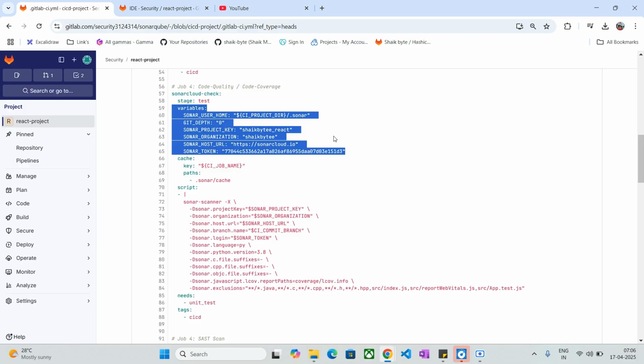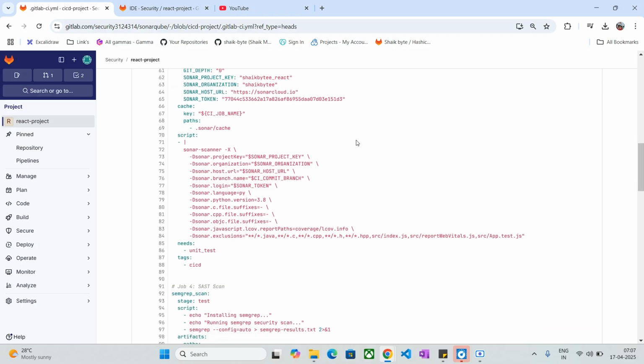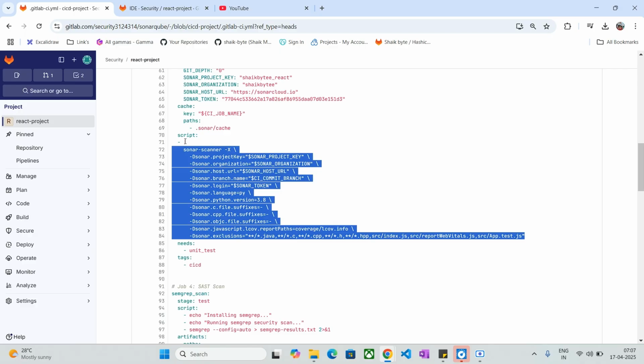But as for the best practices, you can use Azure Key Vault or any key vault where you can store your sensitive information and you can retrieve it. And this is the basic cache path. And here I have been calling all the variables into the script section, and I have been enabling all the sonar scanner, which is going to scan it and push into the respective host URL,